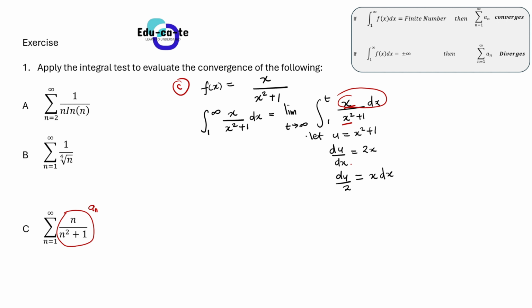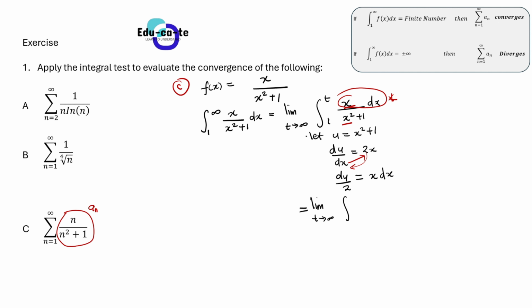You can see that here we have just interchanged everything. We didn't do anything else. We just took the dx, we put it there. We took the 2, we put it here. So we just exchanged dx and 2. And then this is x dx. Now that we have something to substitute here, we can transform our integral to be completely in terms of u. So this is equal to the limit as t approaches infinity of the integral.